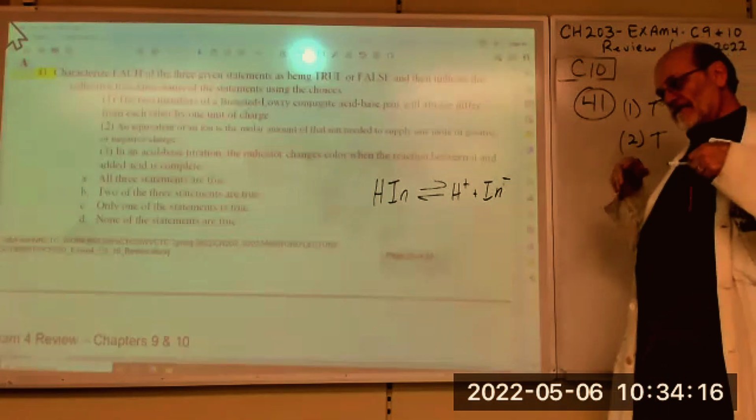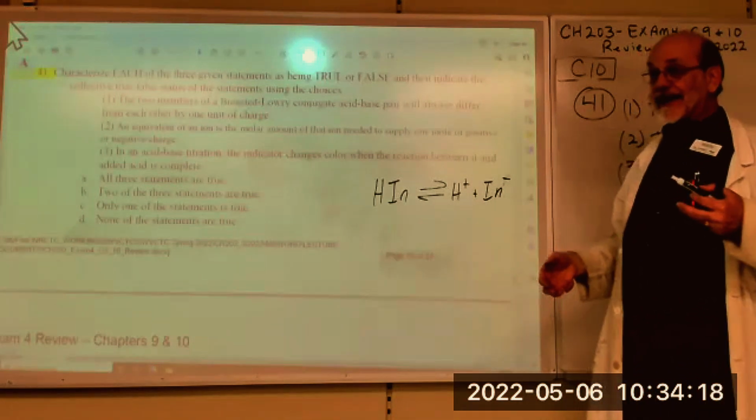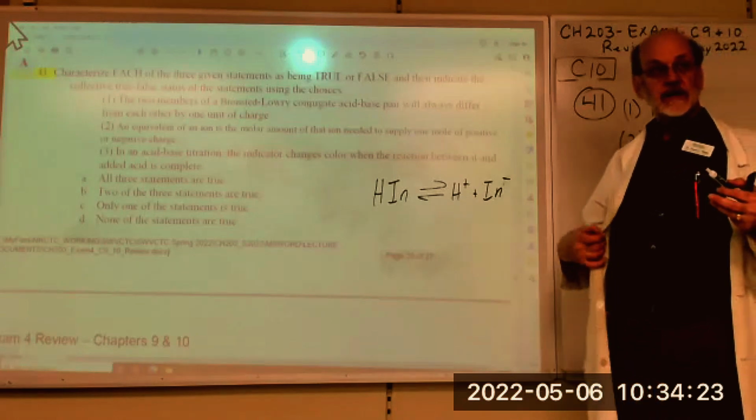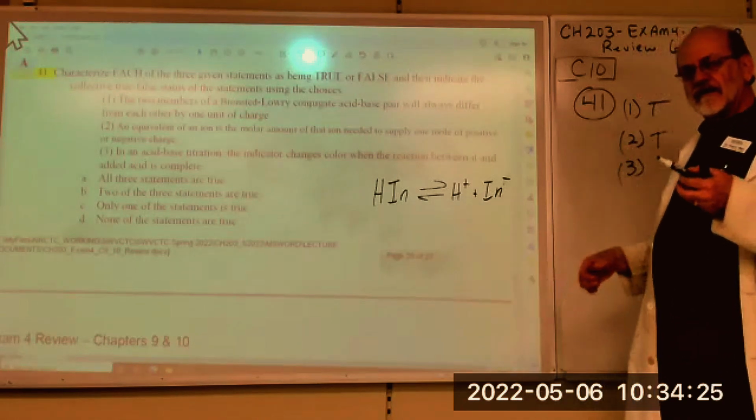Okay, so if you've got an indicator in your acid-base reaction, like we're going to use today, phenolphthalein, then at a certain point,